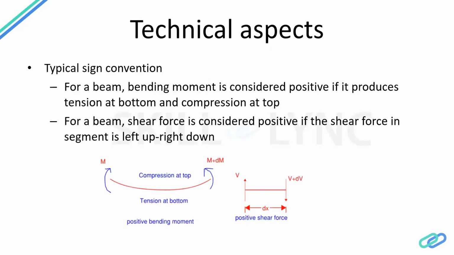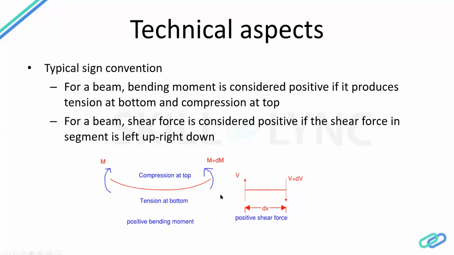All right. So now typically there are different sign conventions that people actually use. So the most common would be, we have these bending moments and then shear force, right? So we have to choose some sign convention to make sure we are able to distinguish between a positive response and a negative response. So typically, if you have a beam which is subjected to a moment such that it produces tension at bottom and compression at top due to flexing of the beam, that's considered a positive bending moment in the beam.